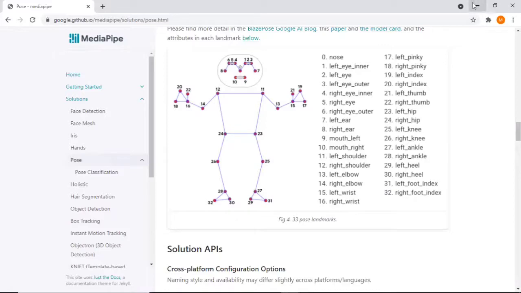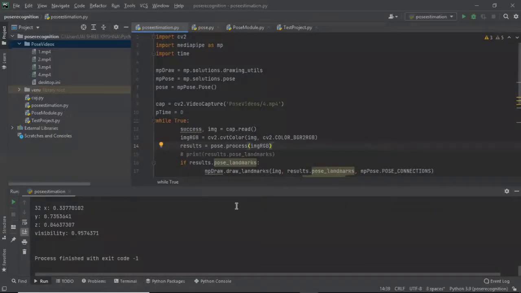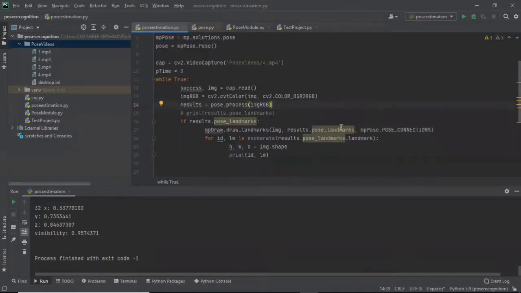After detection, we will check whether it has detected or not. So we say if this detection is true, then this code should be processed. If we run this code, we will get all the data points here.